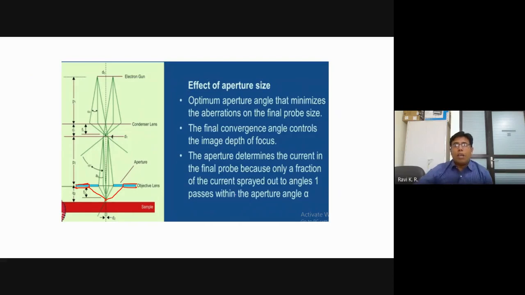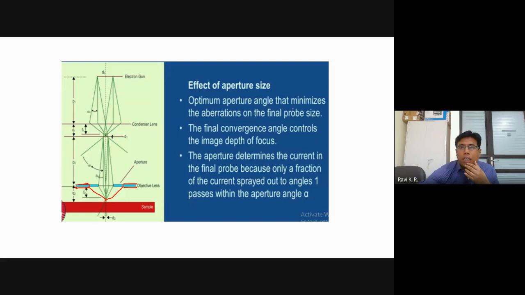But again, a huge aperture size, and also a smaller aperture size, can give you a problem. It means you may not have sufficient light, and you have problems of brightness and other things. So when you put so many apertures, you are actually decreasing the brightness. That is also required. Okay.